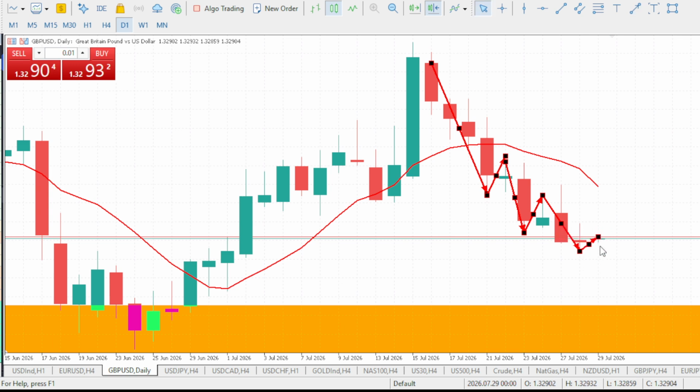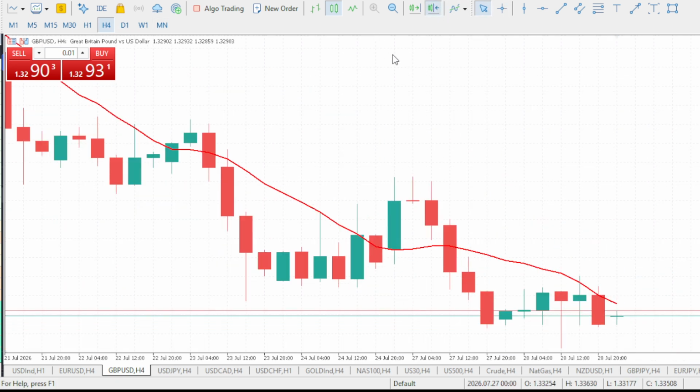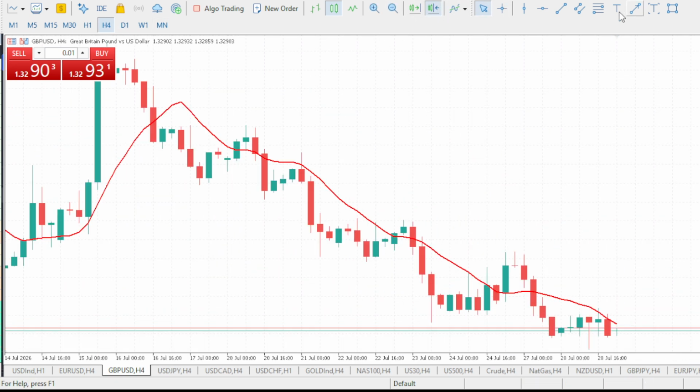Once the pullback, which is the lower high, plays out, we are to expect the market to eventually drop again to form a new low. So we are to expect the market to give us another drop. Now, guys, let's go to our forward time frame. This is also a pullback right here. So once again, we are to expect it to drop.